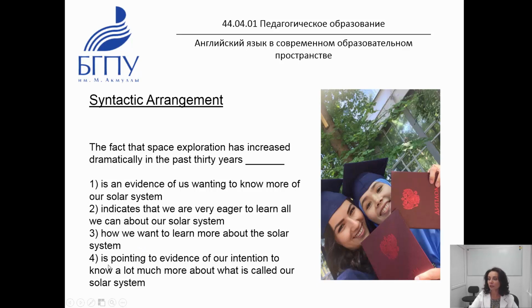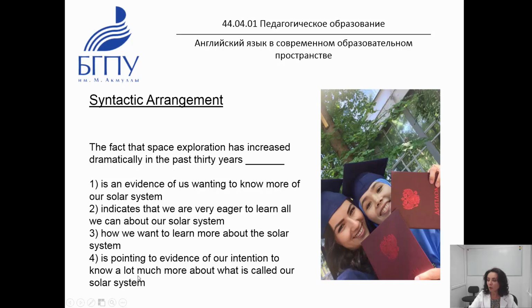Then number 4 is pointing to evidence of our intention to know a lot much more about what is called our solar system. The first fact that should draw your attention is the usage of the continuous form with a verb to point. And the fact is that the subject is the fact, which is an inanimate object. That's why the word point should be in the present simple tense, not in the progressive or continuous. Moreover,